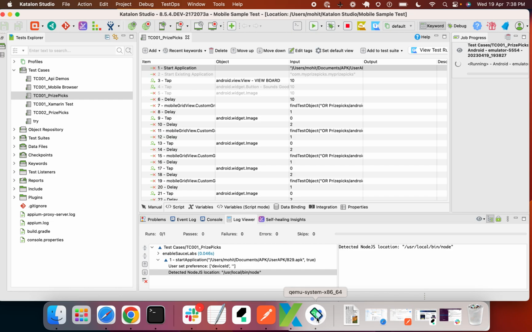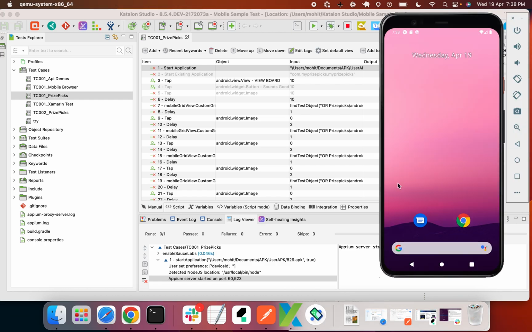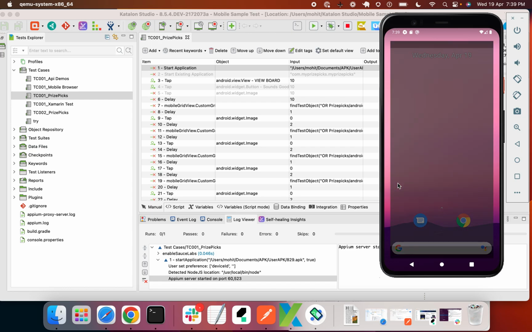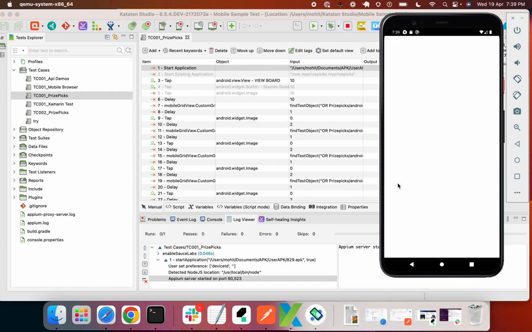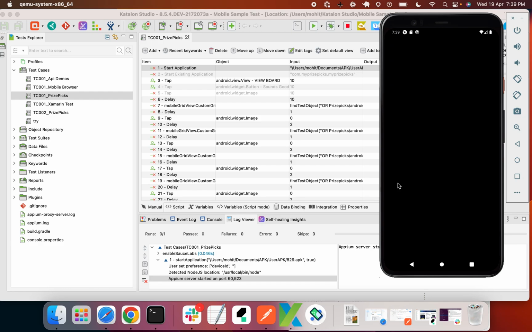Hello everyone. In this video we are going to talk about the mobile grid view. I'm running one of my recorded test cases in which some of the mobile grids are coming. That means I'm not able to identify the objects individually. It's identifying some of the objects as one frame. So for that I wrote a custom keyword, a custom utility, which is actually helping me to click on the